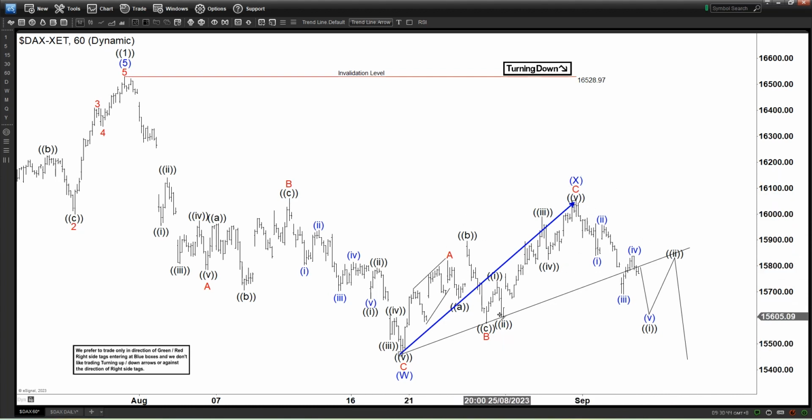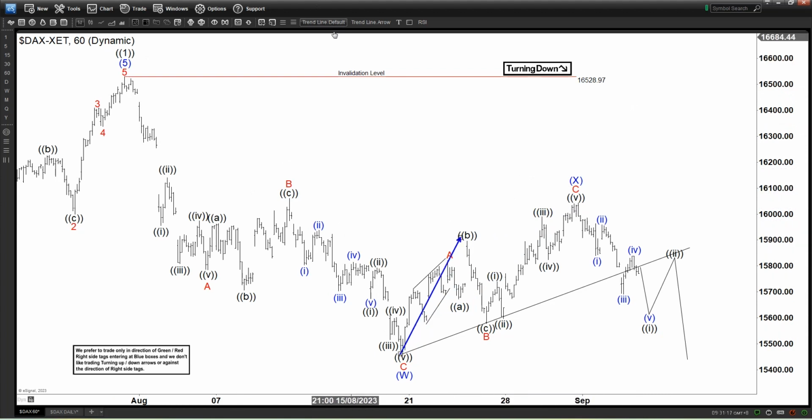Now again, because there is no extension and this entire move, in fact, starts and finishes between the 100% area, that's why I think it's more likely to be a 3 swings rally as well. So you get a 3 swings pullback telling you it is a bullish market, but the rally is also 3 swings, telling you that, well, it's not ready to extend higher to a new high, because again, if the 3 swings pullback here is the end of the correction and the DAX is going to resume to a new high again,